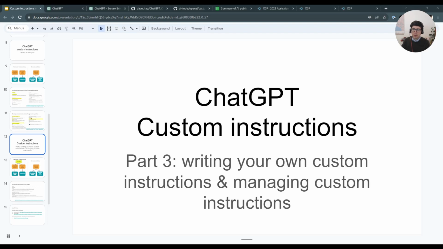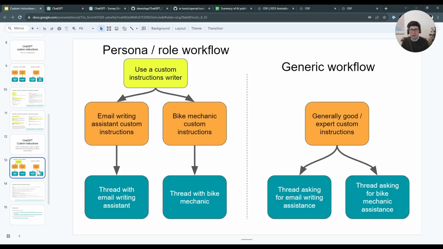custom instructions. So, if you recall, in the previous videos, we've talked about two different ways in which we can create custom instructions or use them in ChatGPT. The first was a persona or role workflow where we created different custom instructions for each particular task. And the second was a more generic workflow where we created some generally good custom instructions that were